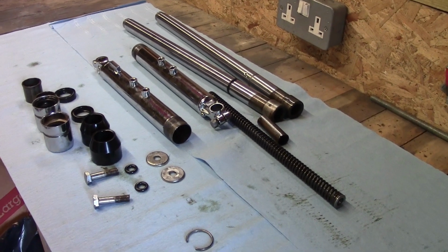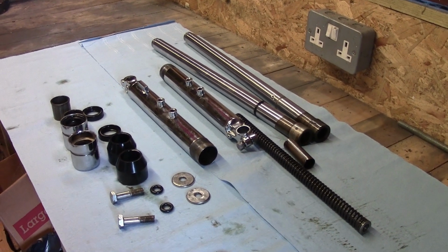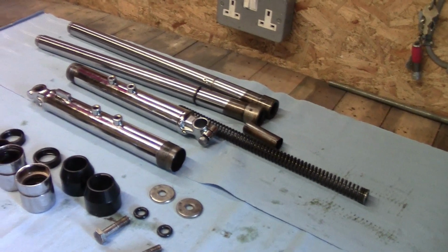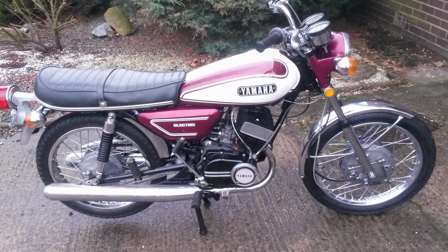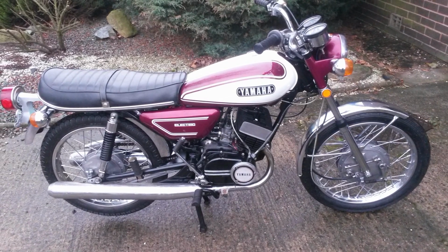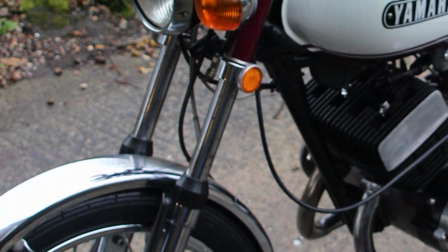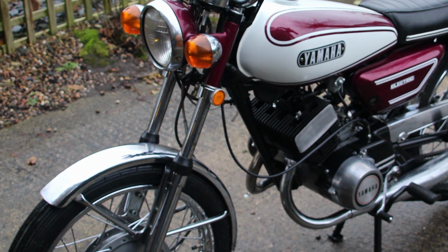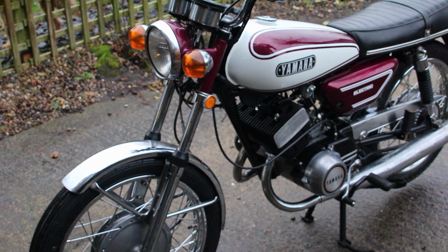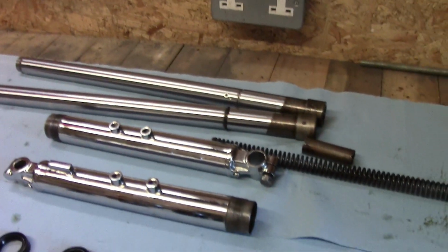So what I've got here are the components from my Yamaha 200, that's the CS5 model, front forks, and I bought the bike as a fully restored motorcycle, and the thing about that is, unfortunately, I bought it in a fit of excitement when this came up for sale on eBay. It was a model I've been after for a while. It was a one year only production, 1972, and everything looked fine, but you only see things when you get them bought, sadly,